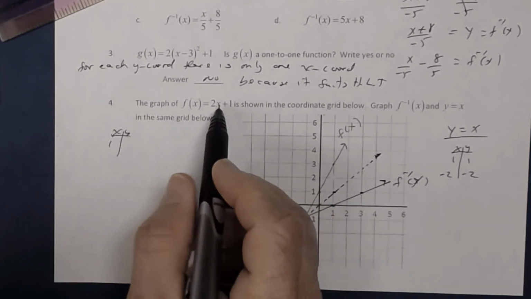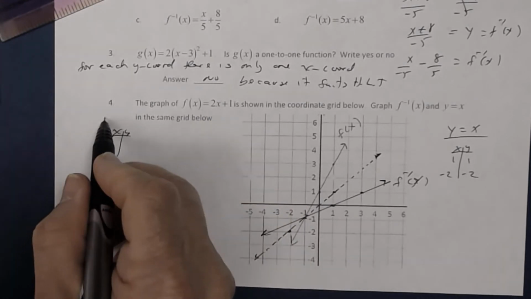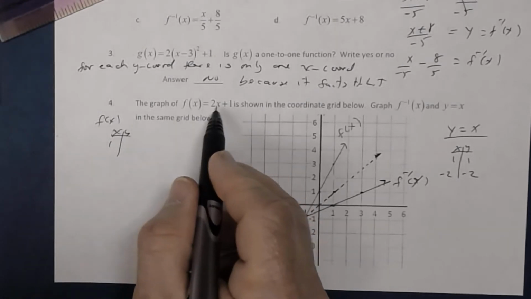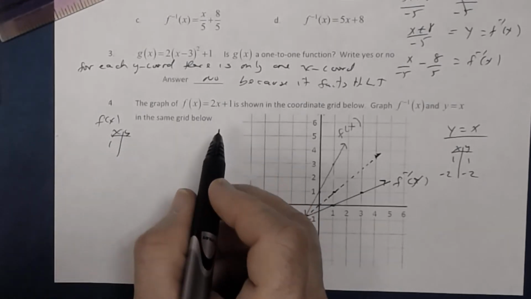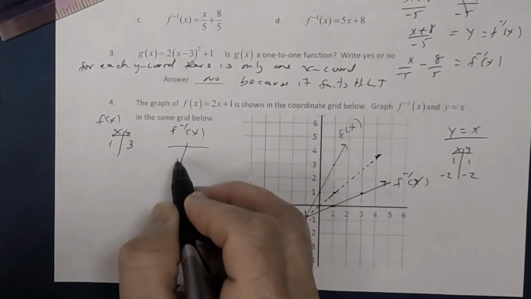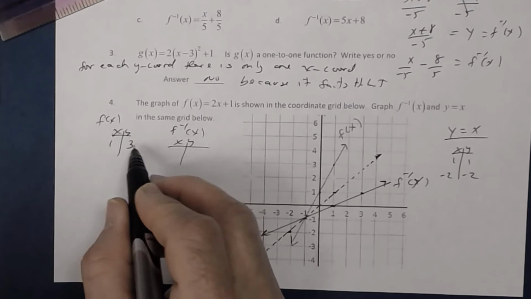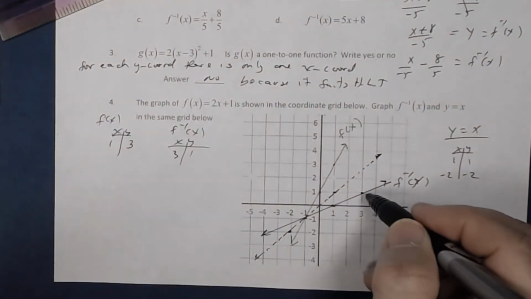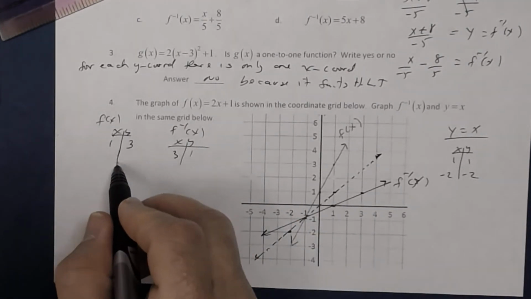Let's say x is 1. What's 2 times 1? Remember, this is f of x. Well, 2 times 1 is 2. 2 plus 1 is what? 3. So f inverse, what's going to be the coordinates? 3, 1. All right, so you see right here, 3, 1. If x is, let's say